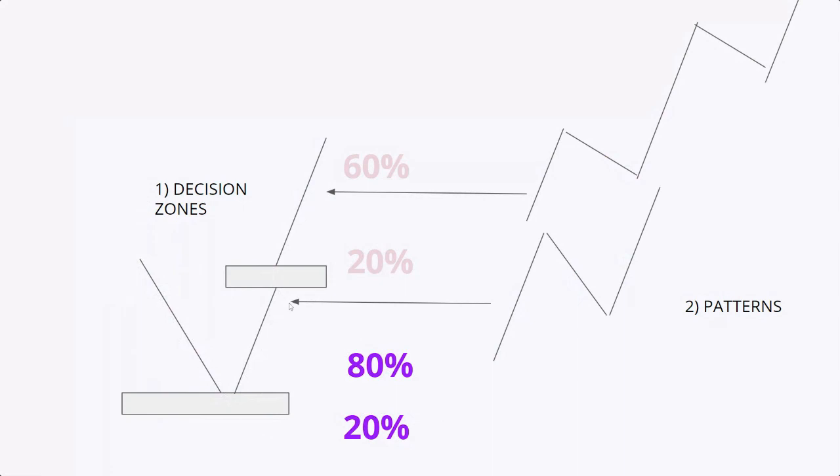Now that bounce can bounce in various ways. It can bounce a little bit, or it can bounce more. So of course, there's always a chance that the bounce could be small. Maybe in this case, out of those 80%, I could attach a 20% chance that there would be only a small bounce, and a 60% chance out of that 80, right? So this 80 is further divided into percentages, whether it's going to move up a lot or just a little bit, right? So let's say 20 out of 80, 20 divided by 80 is 25%, 60 divided by 80 is 75%, so 75% of a stronger bounce.